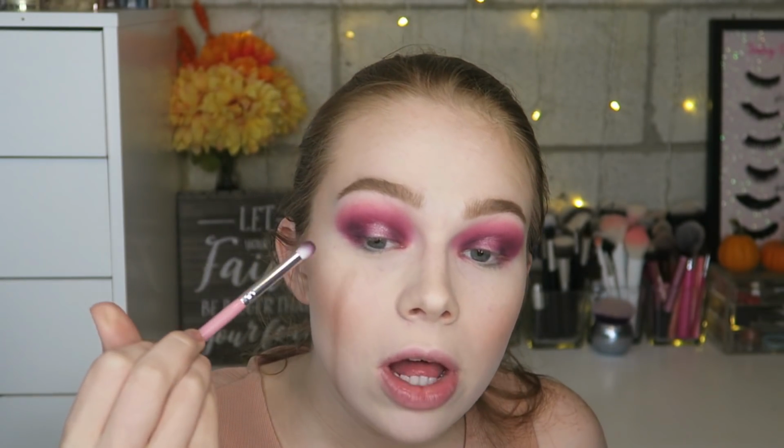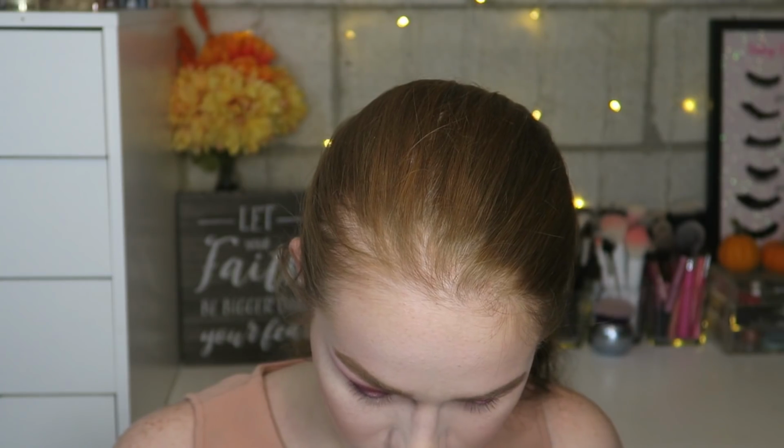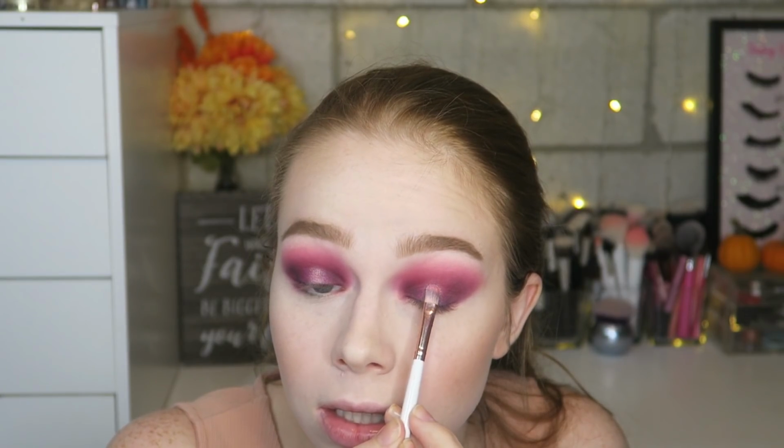I'm going to go in with the small brush and just kind of tap over the edges. I'm going to take that tiny brush and I'm going to go into a little bit of Grape Soda and just kind of use that. I'm going to pick up a little bit more of Cotton Candy and spray it. And then just going to tap that